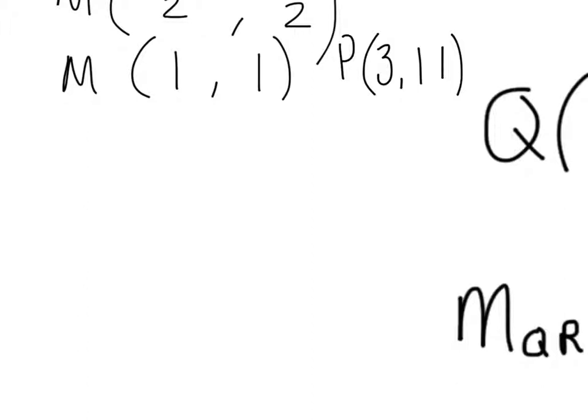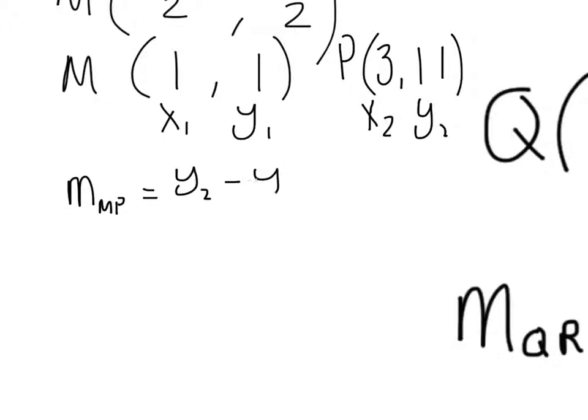So if we label these points x1, y1 and x2, y2, then we can use these points to work out the gradient of the line using the gradient formula. So m, the gradient of the line MP, is y2 take away y1 over x2 take away x1, which is